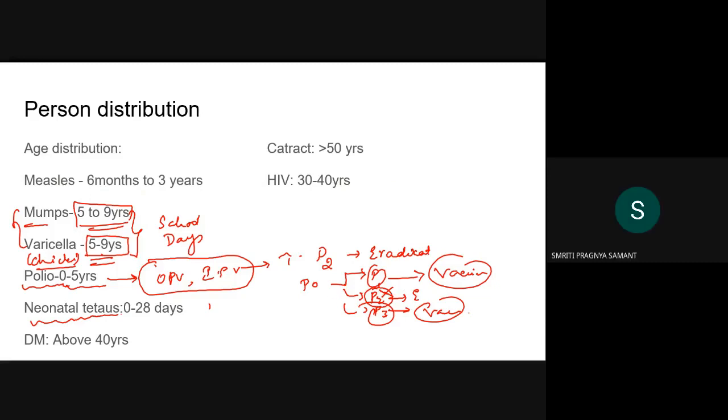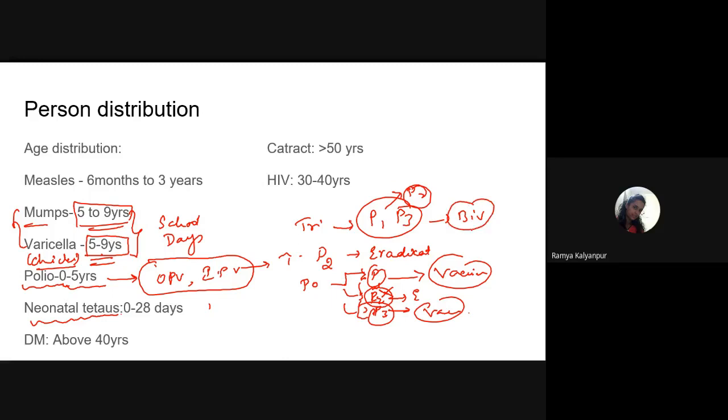So if the question is asked: the polio trivalent vaccine is now converted into bivalent. Earlier we used to use three-strain vaccines. Now, since P2 is not there, the WHO has recommended creating vaccines for P1 and P3 strains only. So just remove the P2 strain, and it has become bivalent. The time when bivalent vaccines came, that period we call the switch day, when we switched from the trivalent polio vaccination to the bivalent vaccination.